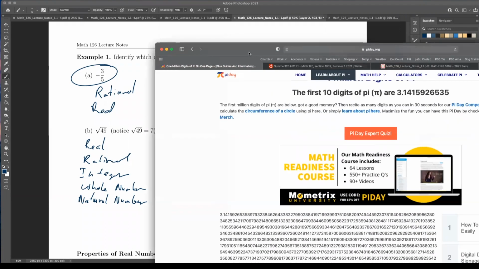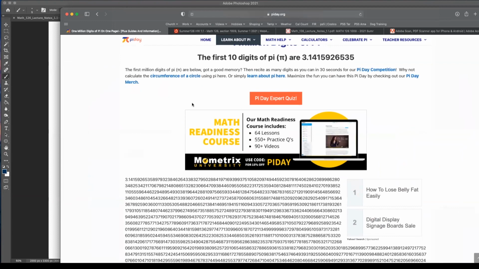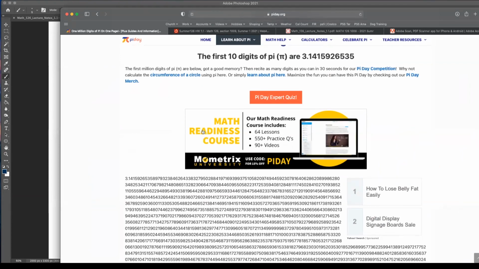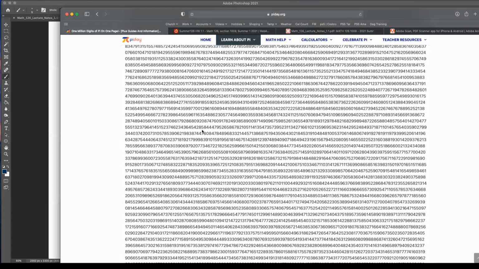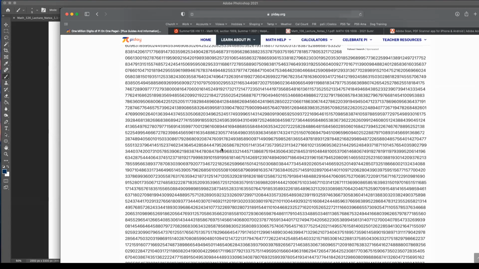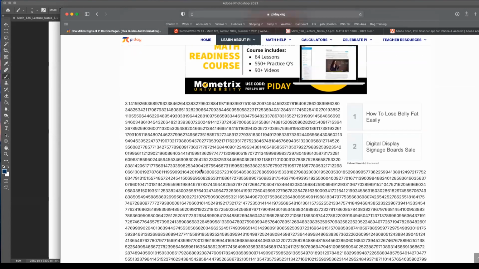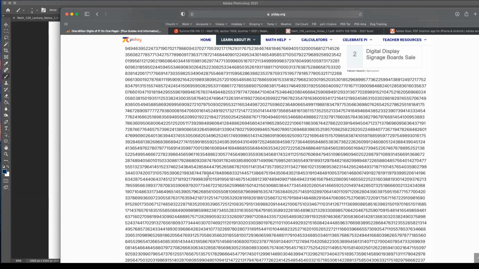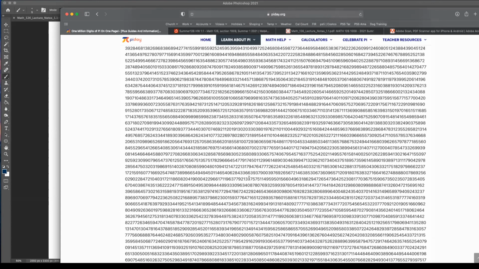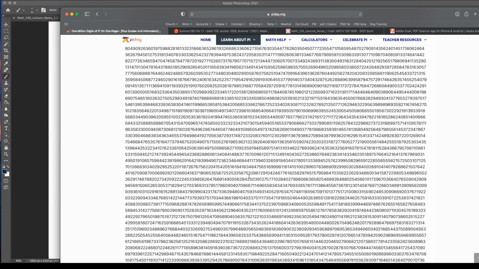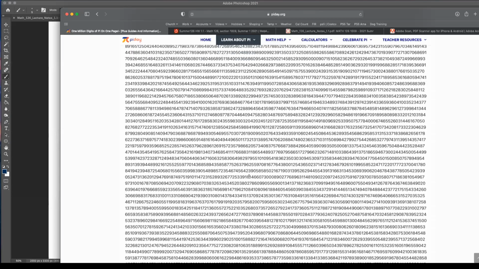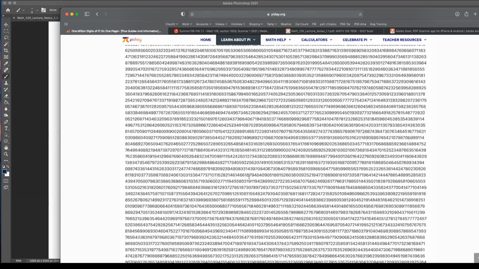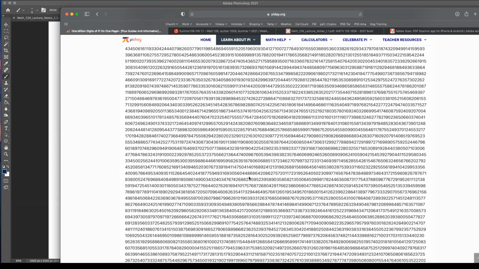So here's a fun little website. Here's the first couple of digits of pi. The first 10 digits, yeah, that's nice. Let's look at this. Notice how pi just becomes a mess, right? I don't know if you guys ever looked at this. It just becomes a mess of who knows what, of random digits, right? And this goes on and on and on.